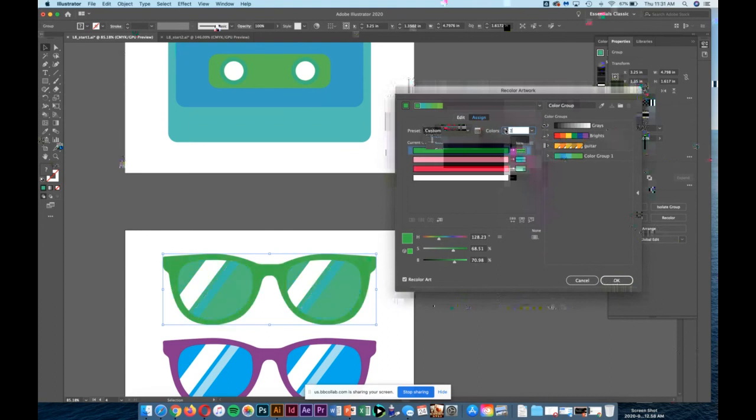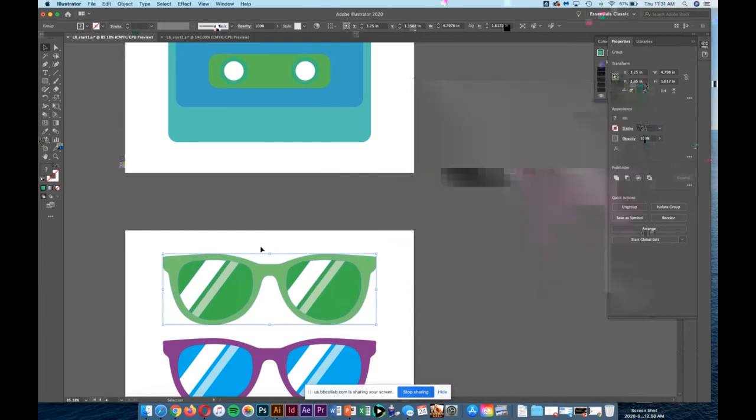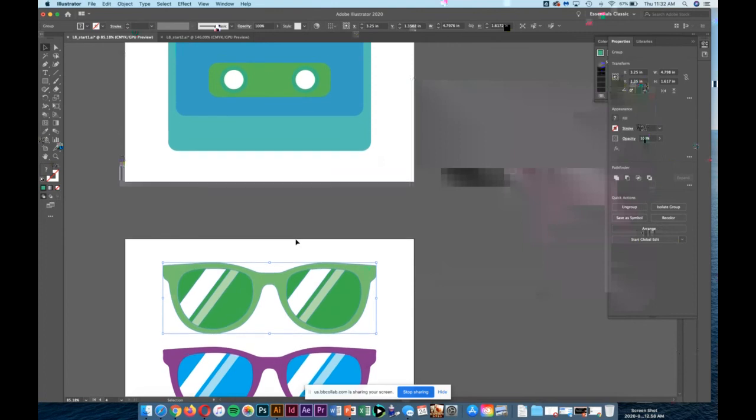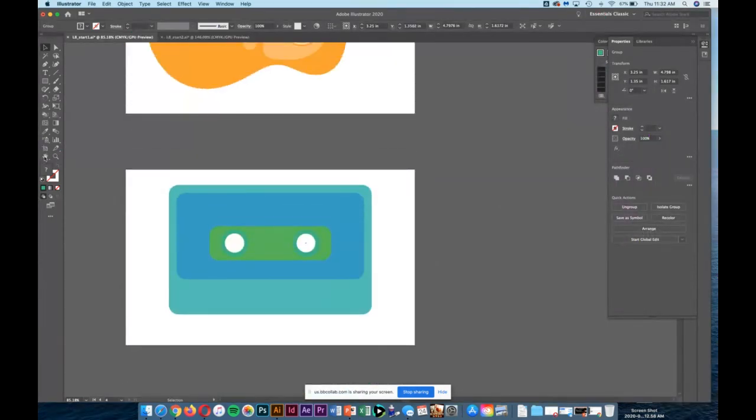So if here I go to 2 or more, I kind of like it if I'm going down to just one color. So it's going to take that green, it's going to collapse all of them, and it's going to drop them right into this model. And here I've got that nice complementary tone. That's starting to look like all my other pieces. So if I zoom way out,